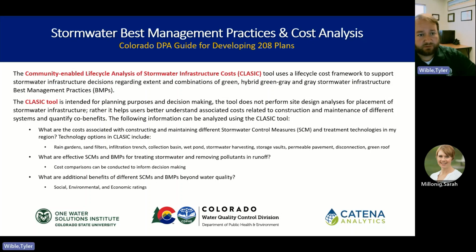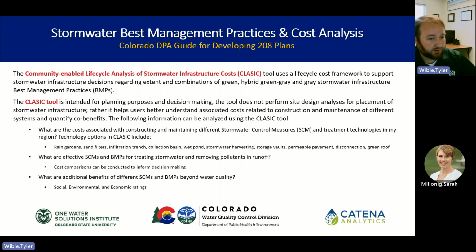We're going to do an overview of stormwater best management practices and cost analysis through the CLASIC tool at Katina Analytics. This is intended for use as a user guide for the Colorado designated planning agencies and development of their 208 plans. But more generally, we're going to be covering just a few different things on how to use CLASIC. CLASIC includes ways for doing life cycle assessment of stormwater infrastructure for both green and gray technologies, as well as what sort of co-benefits and pollution removal estimates that you can get out of some of these